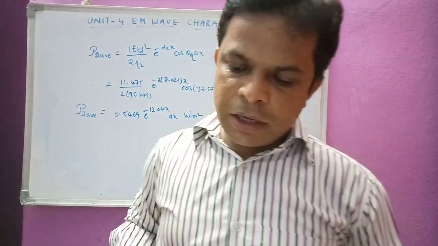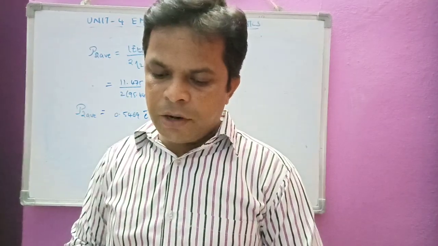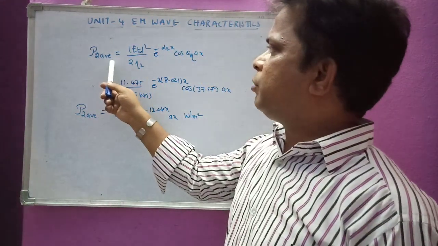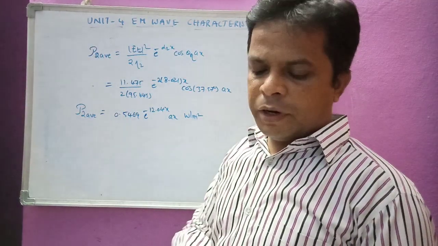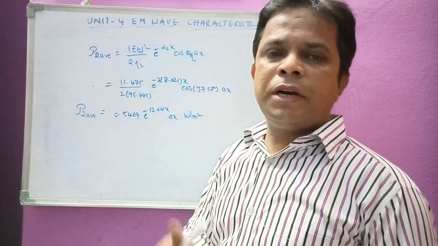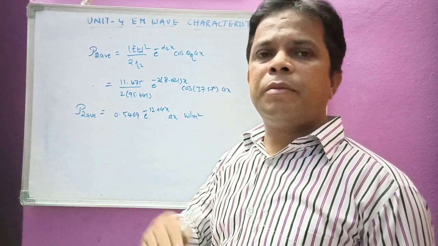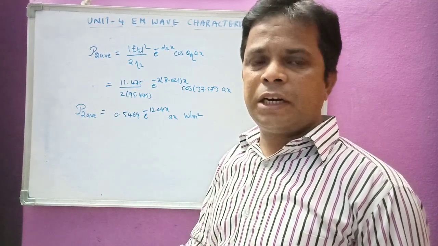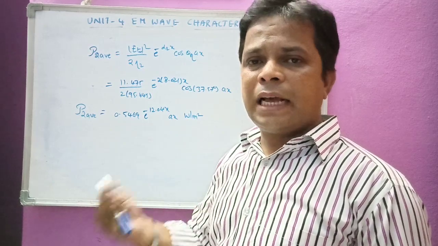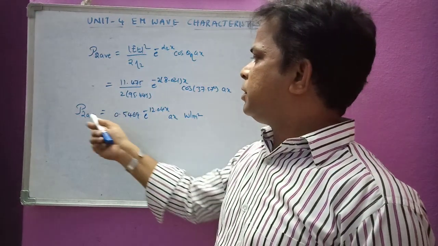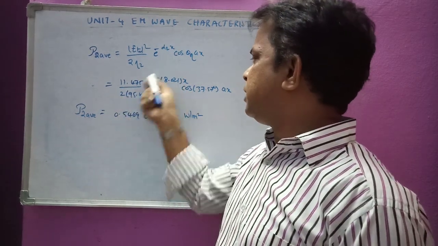So we have got the medium 1 and medium 2 powers. In medium 1 we have the incident and reflected fields, and in medium 2 we have only the transmitted power, that is, the transmitted electric field we have to take. By taking that we can directly calculate. You can check these values by using your calculators.